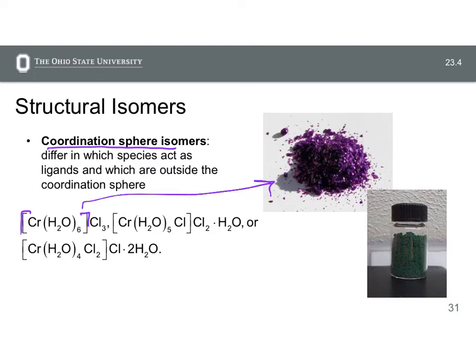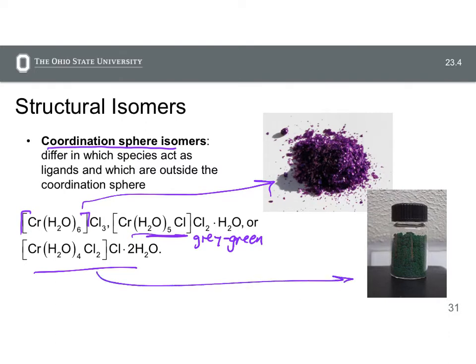The one with 5 waters associated and 1 chloride associated directly with the central metal atom is sort of a gray-green color. And then the one with 4 waters associated and 2 chloride associated with the central metal atom is bright green. Okay, so can you see what's happening here with these structures and why they're different? The other thing to note is,